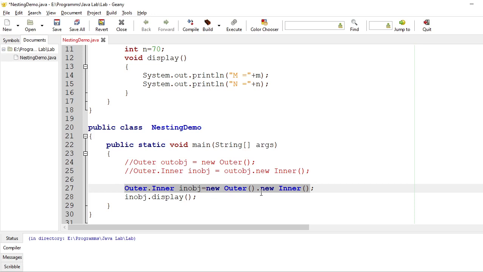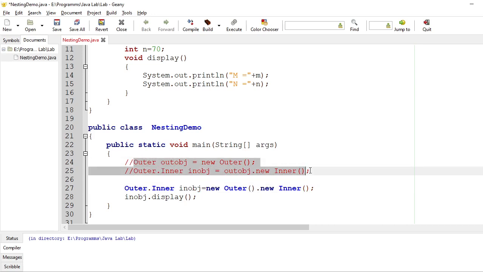To make it very simple, I can divide the same statement into two parts. First, I have created one object of the outer class. Using that outer class object, I have created one inner class object. See, first Outer outObject is equal to new Outer.